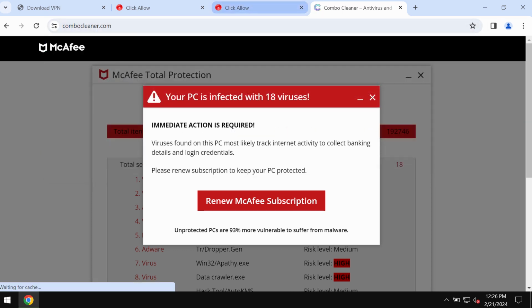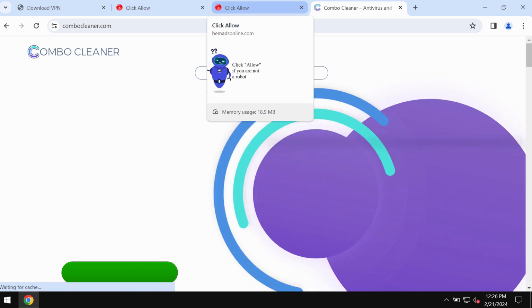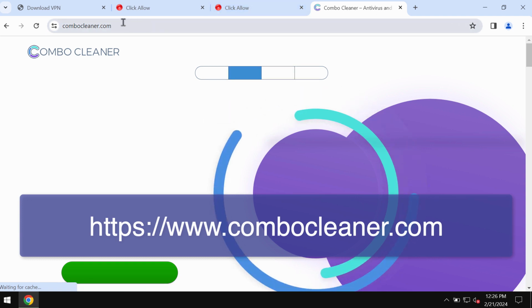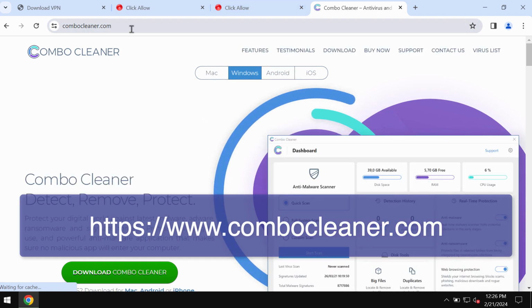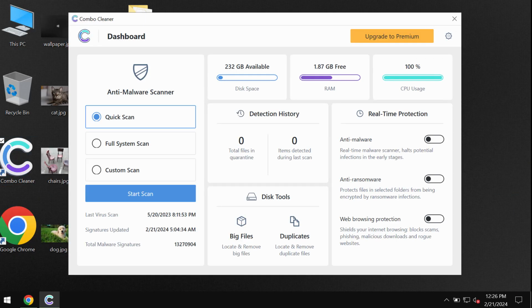Leave this page. I recommend that you additionally research the computer with Combo Cleaner Antivirus, which you may get on the official page combocleaner.com. So download the application, install the software, and then once it gets successfully installed, start carefully researching the system. Combo Cleaner Antivirus will help you to effectively detect and remove other infections which could still possibly